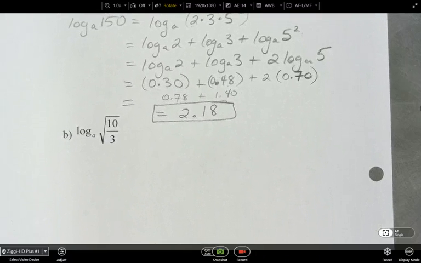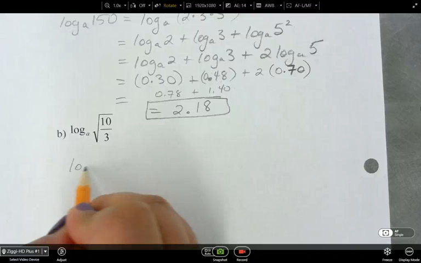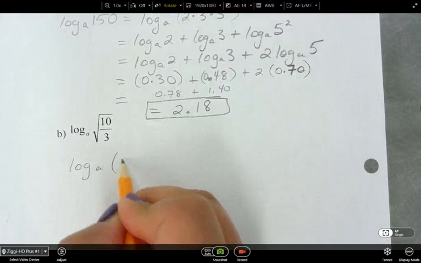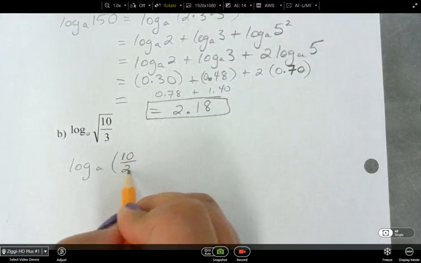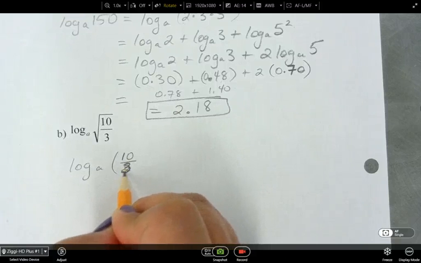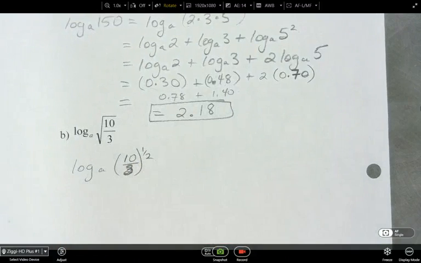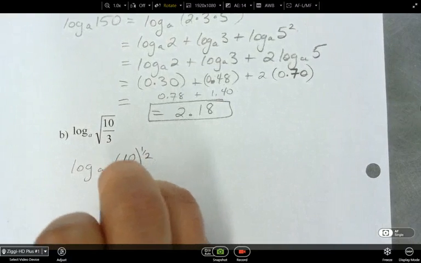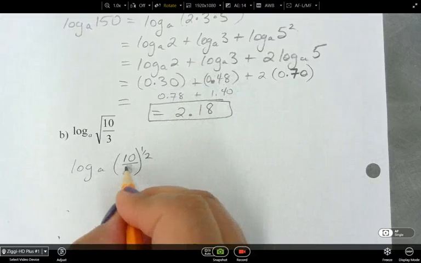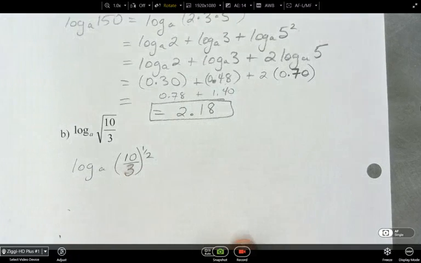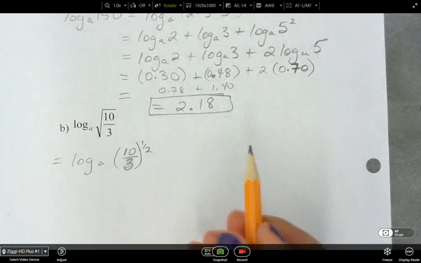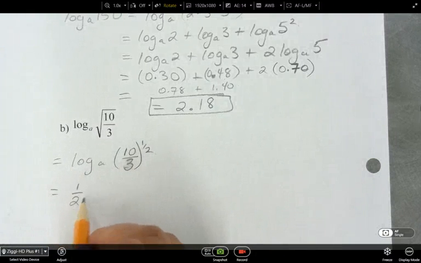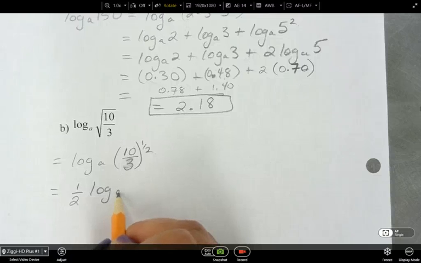And then this part B says log base A of the square root of 10 over 3. Now the whole 10 over 3 is under the square root. So I can actually write that to the power of a half. And then I could use which law is it? The third one? This is my favorite law, right? So I can rewrite it as 1/2 log A